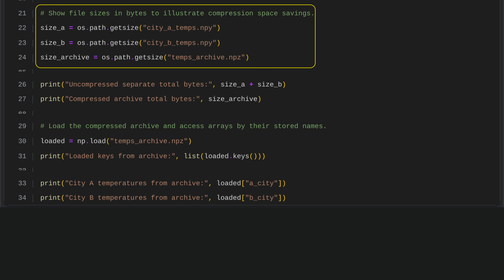The code demonstrates space savings from compression by comparing file sizes. It first gets the size of the uncompressed temperature data for city A and city B using the operating system's file size function. Then it retrieves the size of the compressed archive that contains both cities' data. By comparing these values, it shows how much storage space is saved when the data is compressed into a single